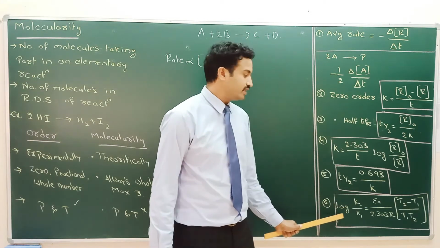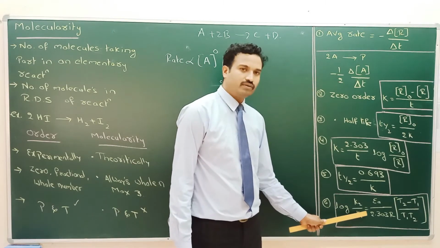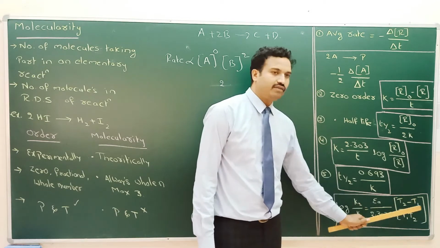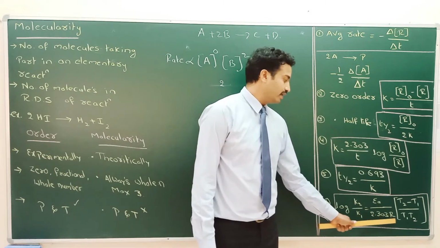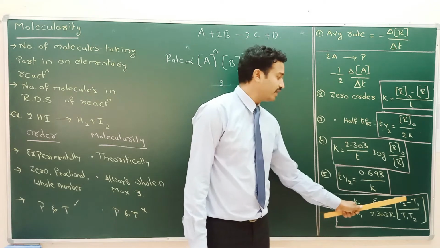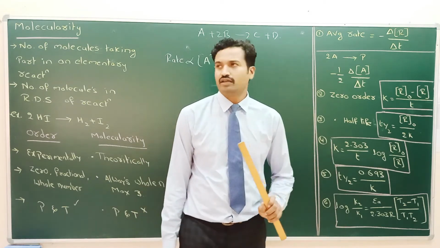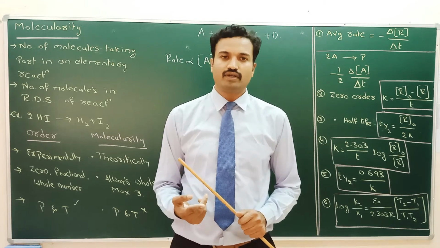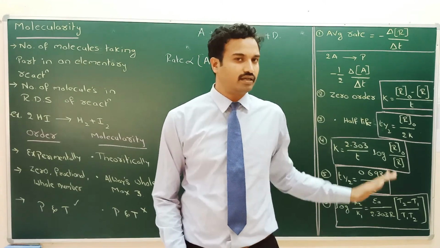Next, this formula is important, already we discussed this derivation: log K2 by K1 is equal to Ea, activation energy, by 2.303 R, into T2 minus T1 by T1 T2. This is about different rate constants, activation energy, gas constant, T1 temperature, T2 temperature. This is about the effect of temperature on rate of reaction, on rate constant. This is about formulas related to rate of reaction, first order reaction, zero order reaction, first order half life, zero order half life, and effect of temperature on rate of reaction. Next we will see the numericals related to these formulas.